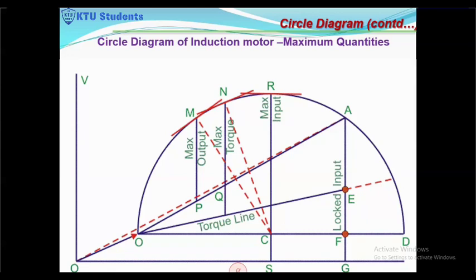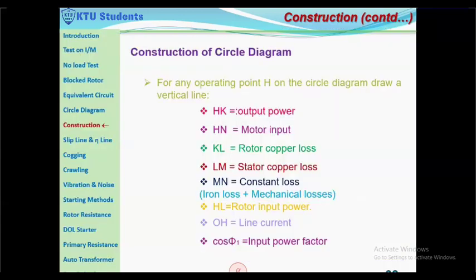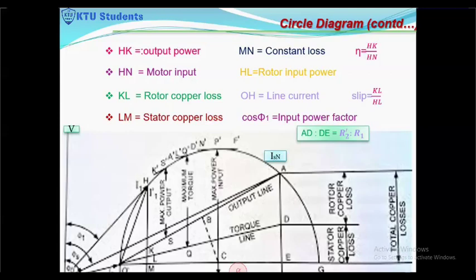take the factors from the no load test and the blocked rotor test. So you can see this is the origin O, and this is the no load component I0 from the no load test. When you conduct the no load test, you will get the no load current I0, and you have to draw this I0 with the power factor angle phi 0, lagging the voltage by an angle phi 0. This is the tip of the I0, and from it you have to draw a horizontal line, parallel to the reference axis. From the tip of the I0, you will get a line, let it be O dash.